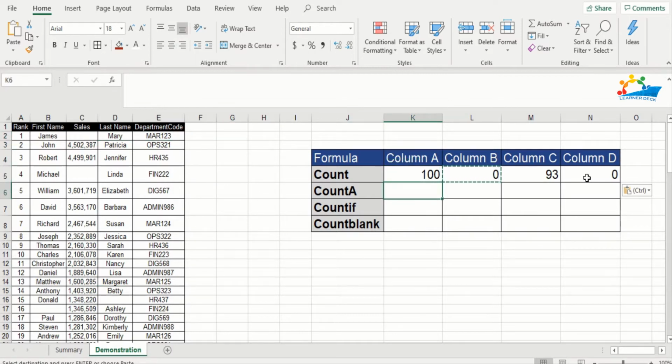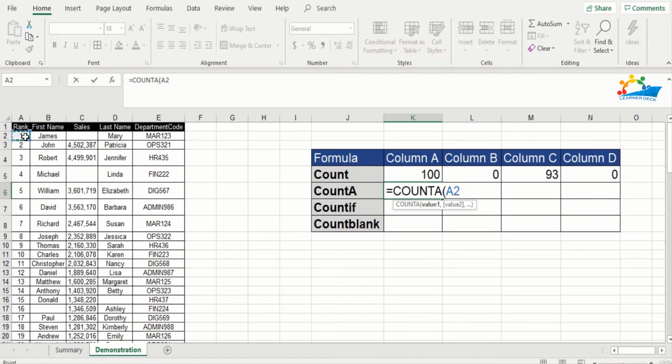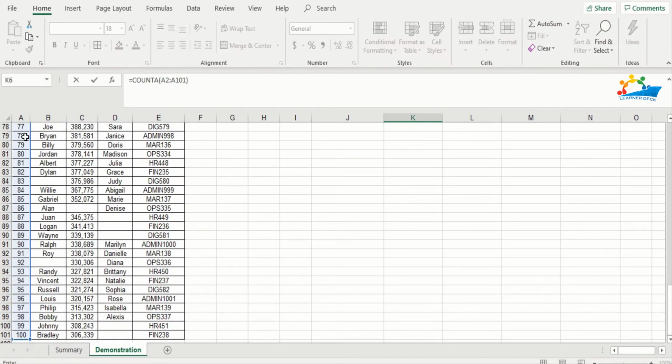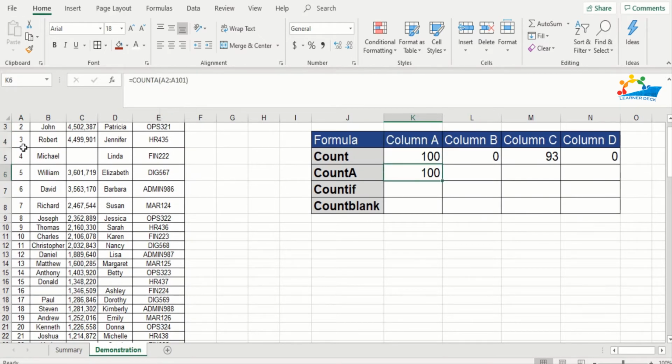Now let's go to count A. Please remember that count A counts everything except empty cells. So in column A there is nothing as in empty cell. We'll use the function count A. Here it is, count A, and the argument says that you only need to select the range and it will return the output. We'll select the range as you can see on your screen here. I'll just hit enter and see what happens. The output from count and count A is similar in this case because we do not have any empty spaces here, and count A counts everything except the empty spaces.